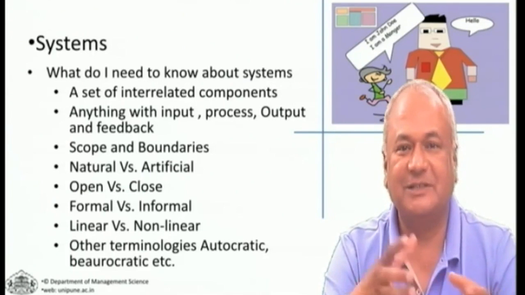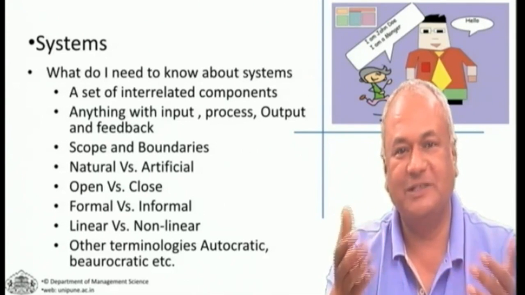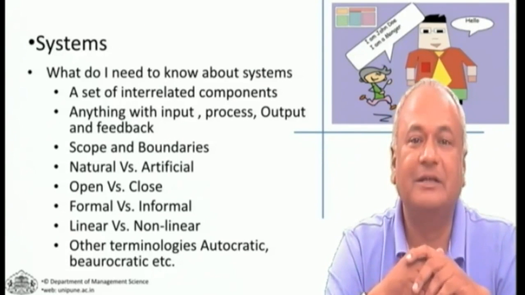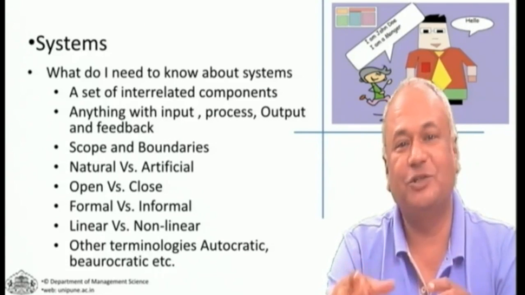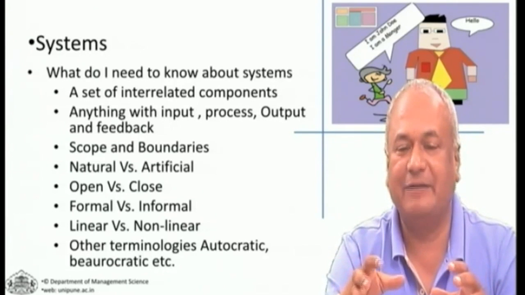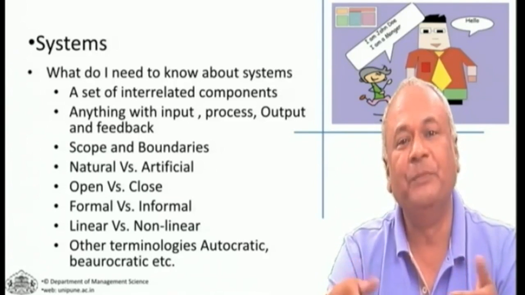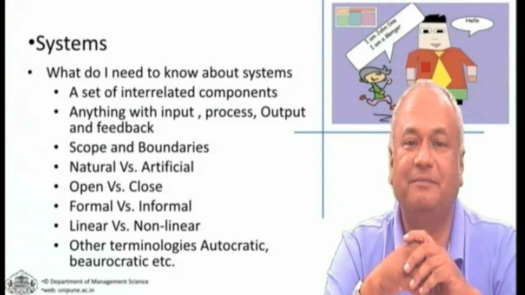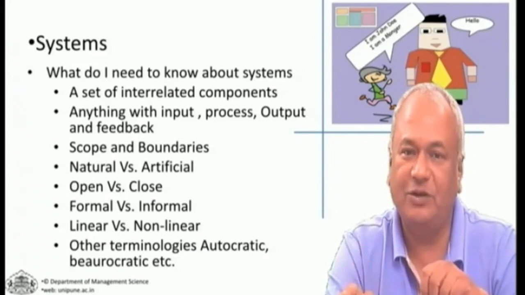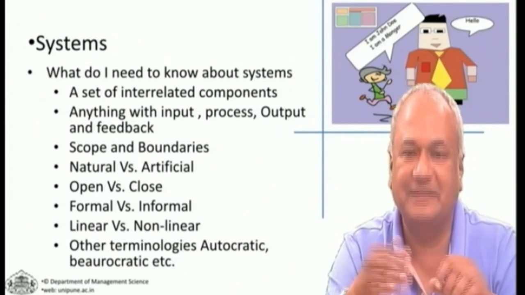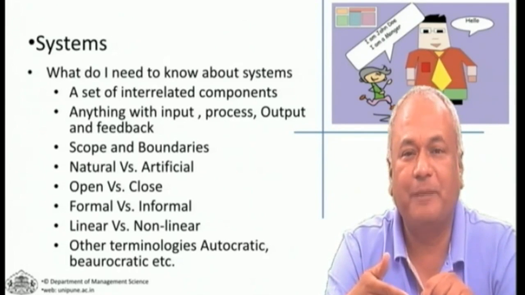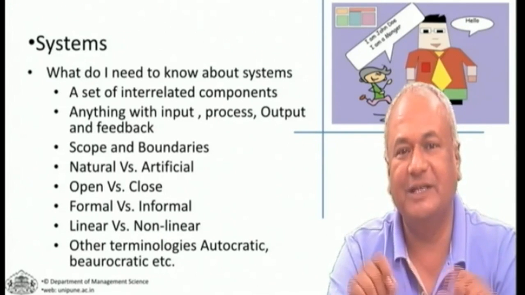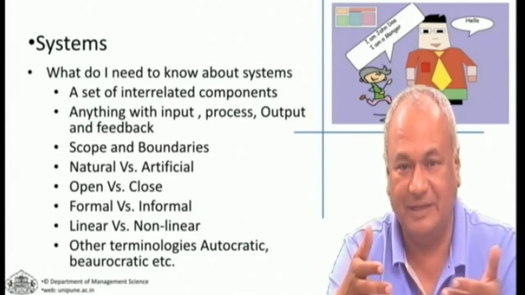We have formal systems versus informal systems. Formal systems are usually dependent on written SOPs, that is standard operating procedures. Most organizations have their formal systems laid down, which they execute every day. And we also have informal systems, where the system is not formally written down, but it's still working. So probably the system which works between a boss and a secretary without any written communication can be called an